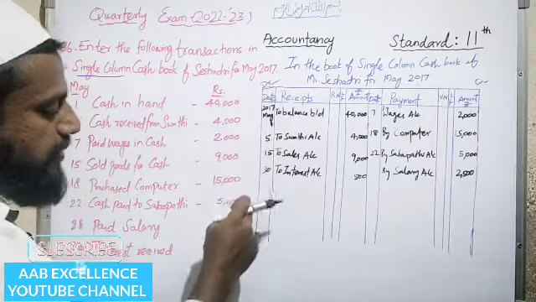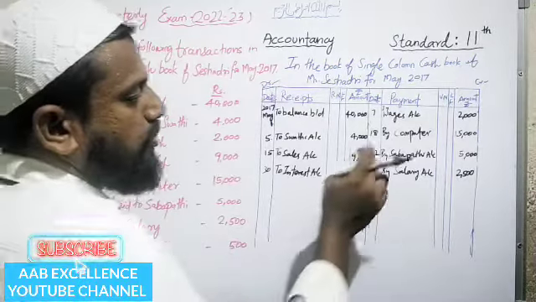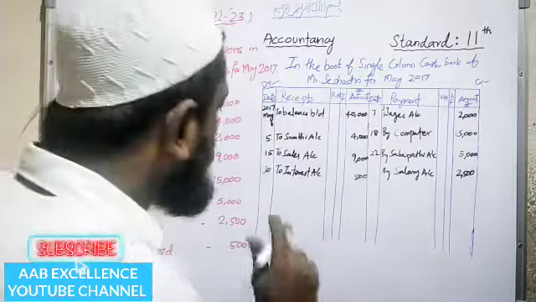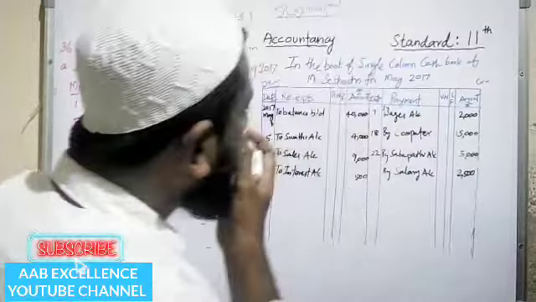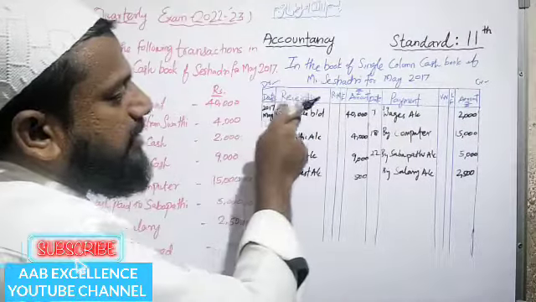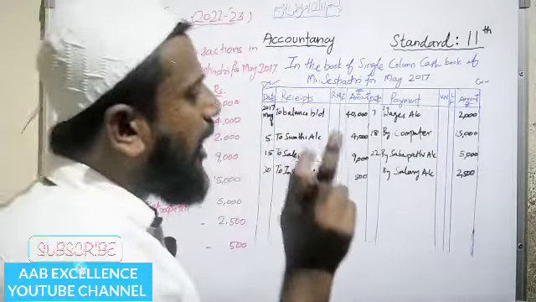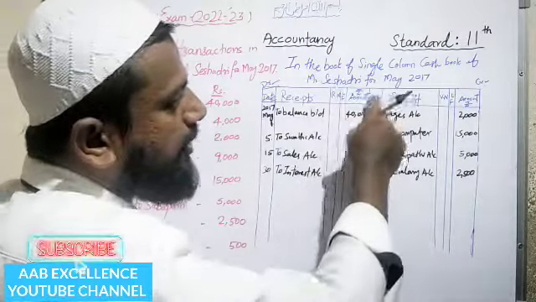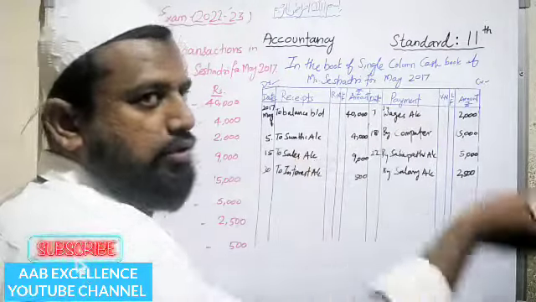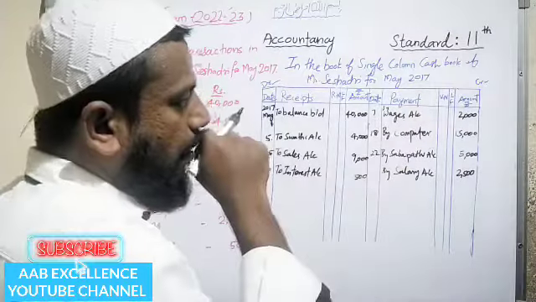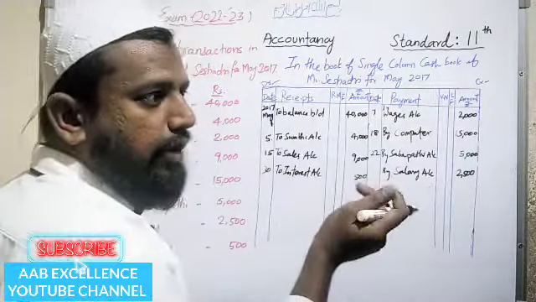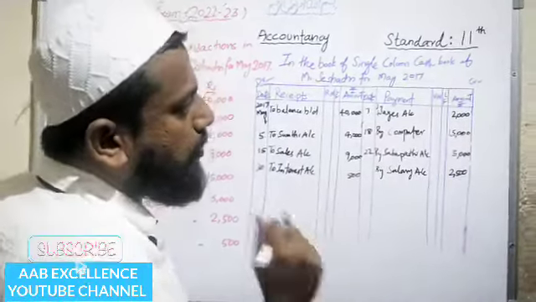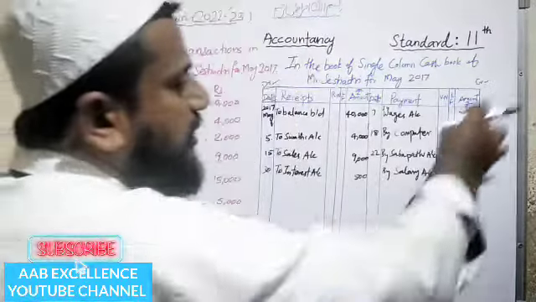So we have to check all the transactions. 1, 2, 3, 4, 5, 6, 7, 8. So 8 transactions are posted. We have to check again, 1, 2, 3, 4, 5, 6, 7, 8. Okay, students. Then we have to do the calculation. First of all, date, receipt RN, I'm already asking you, receipt number. Then LF column means ledger folio, amount, date, payment. The cash will go out, so there will be the payment side. VN means voucher number. When we pay the cash, they will give a receipt, and we have to record it on the voucher. So the voucher number, and the amount of the transaction is posted.